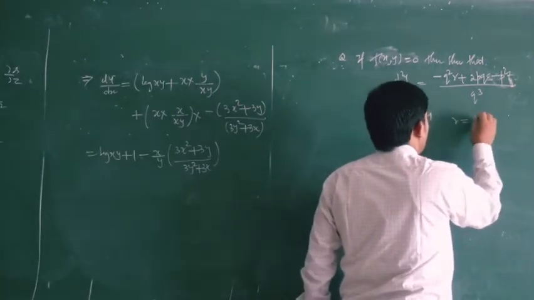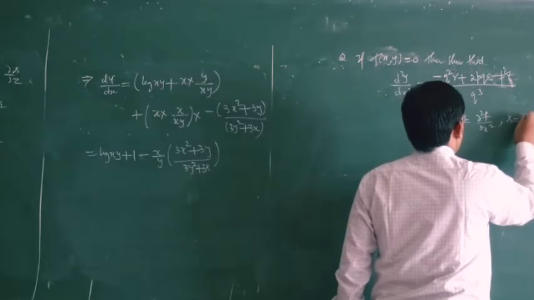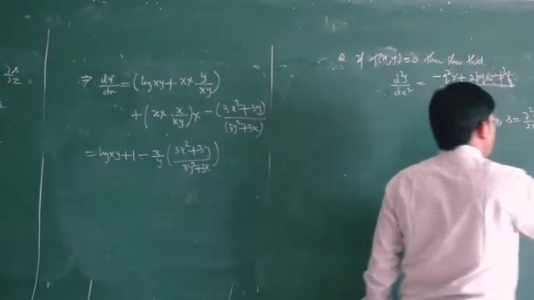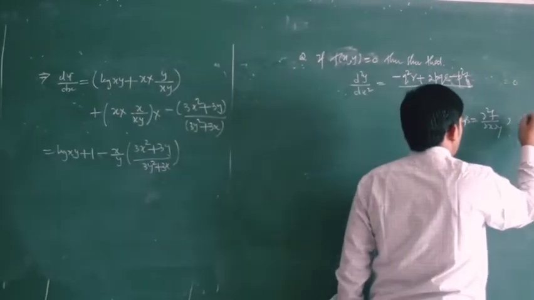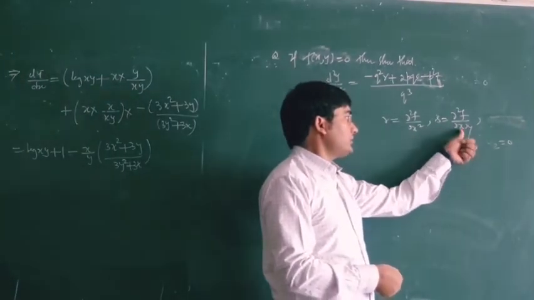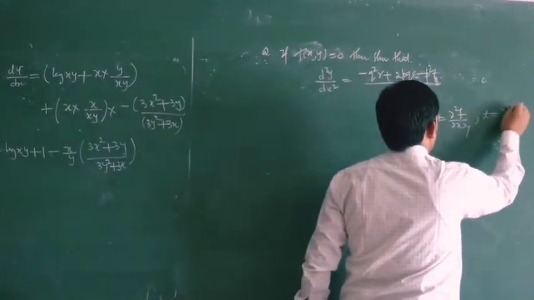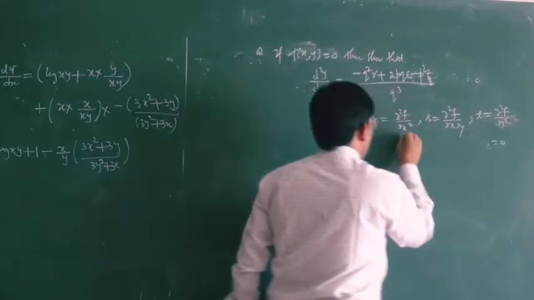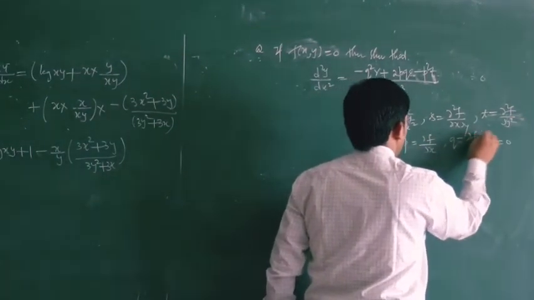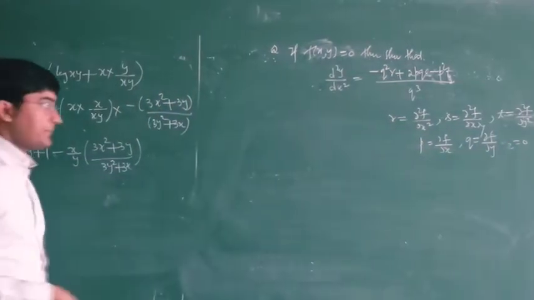That means your r will be the double derivative of f with respect to x, your s will be the partial differentiation of f first with respect to x, then with respect to y, or vice versa. Then your t is del 2f upon del y2, your p is del f upon del x, your q is del f upon del y. These are the standard notations for p, q, r, s and t. So proof.